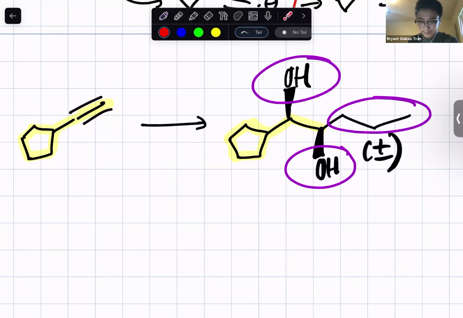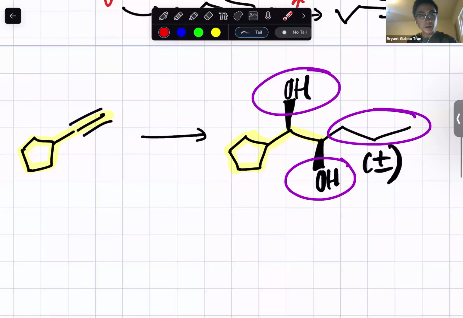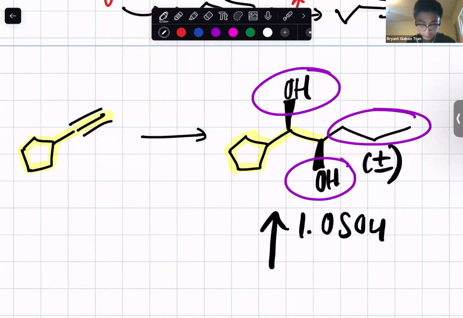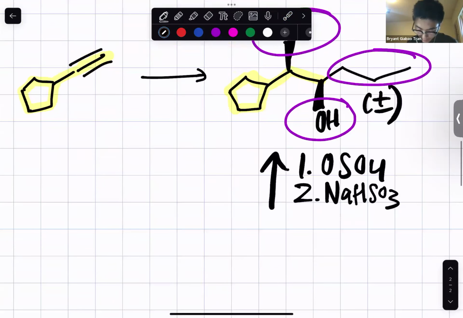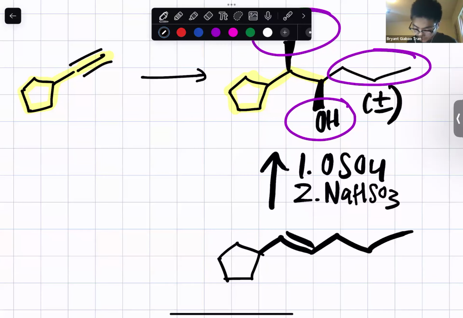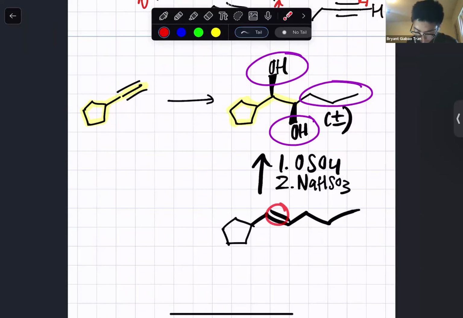Okay, we could go backwards here. A reaction we know that adds two alcohols vicinal, or adjacent to each other, on the same side, syn addition, is dihydroxylation, where the reagents are OsO4, osmium tetroxide, and a reducing agent. That would have to come from a double bond between the carbons holding those alcohols. So going backwards here, which is retrosynthesis, we could say that that product molecule came from this double bond right here, right? And then